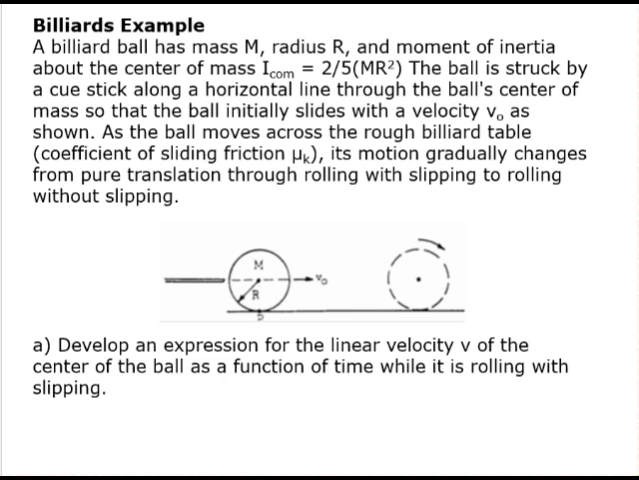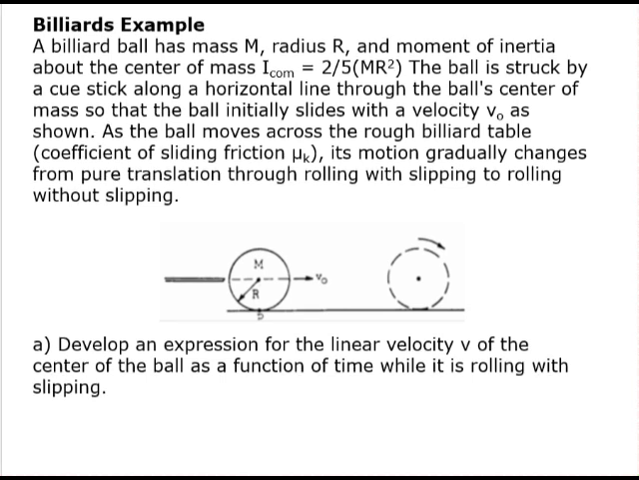As the ball moves across the rough billiard table with a coefficient of sliding friction μk, its motion gradually changes from pure translation through rolling with slipping to rolling without slipping. Develop an expression for the linear velocity of the center of the ball as a function of time while it is rolling with slipping. Before we do our first actual step, let's think about what's really going on with this